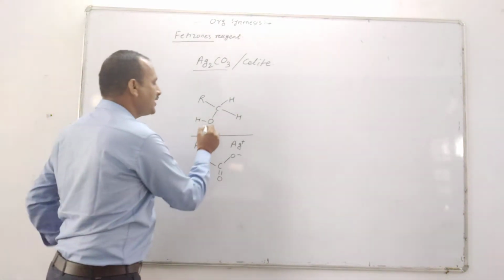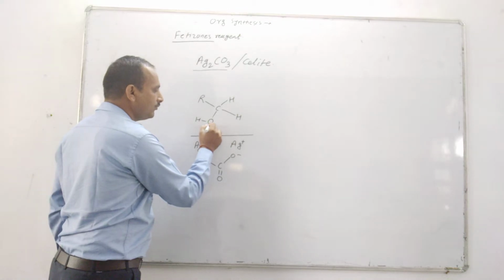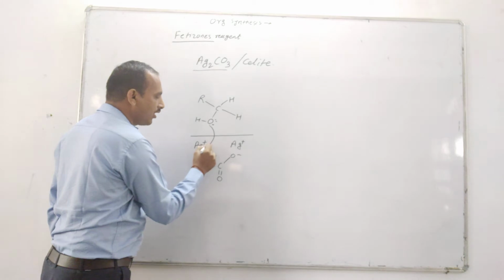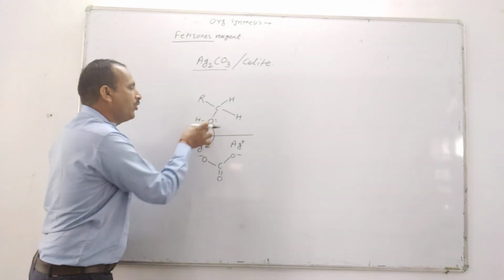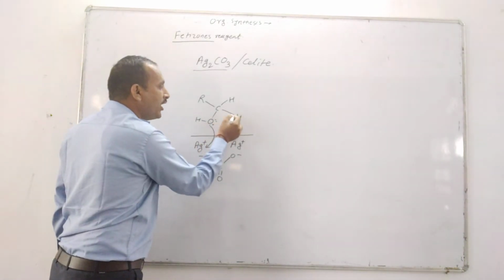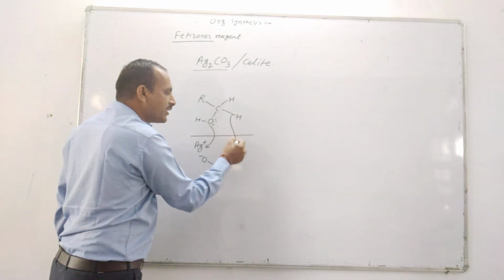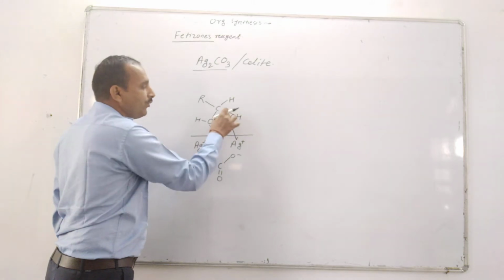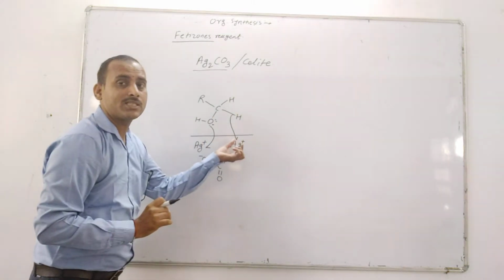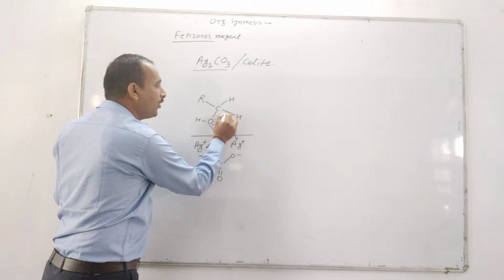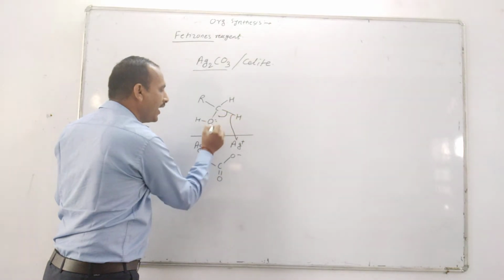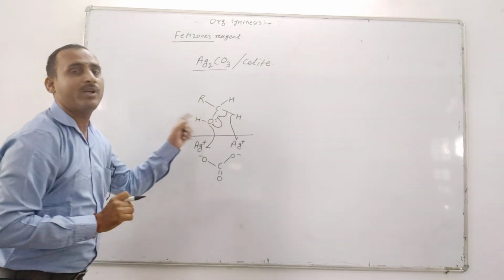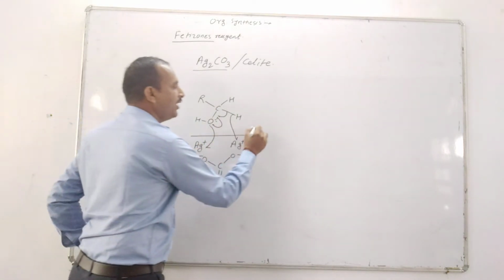Ag2CO3. Now this oxygen lone pair donates one electron, or silver accepts one electron from the oxygen, and this bonding single electron is accepted by silver. It is a one electron transfer, so one electron transfer to Ag plus. Now one electron from this bond is shifting here and one electron from the lone pair is shifting here to form the double bond between carbon and oxygen. Now see here what happened.